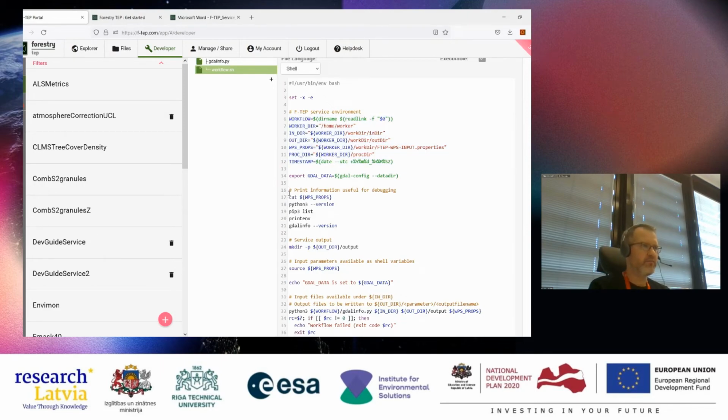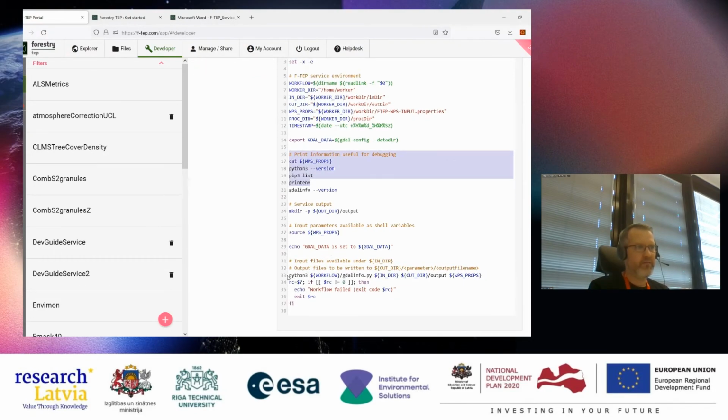I normally put these rows here to print debugging information. It's easier to debug the system if you can see the versions and that kind of things. And here I simply call my Python script and check its return value.